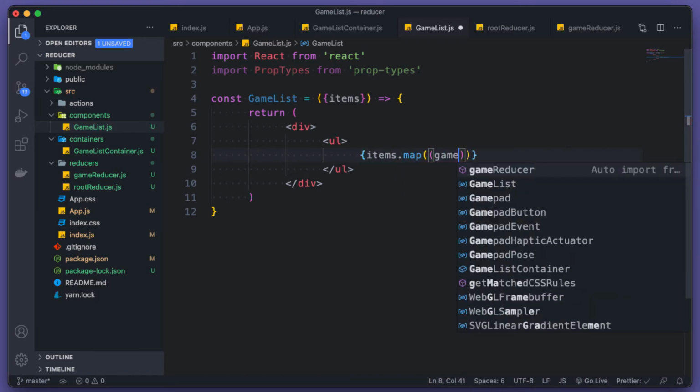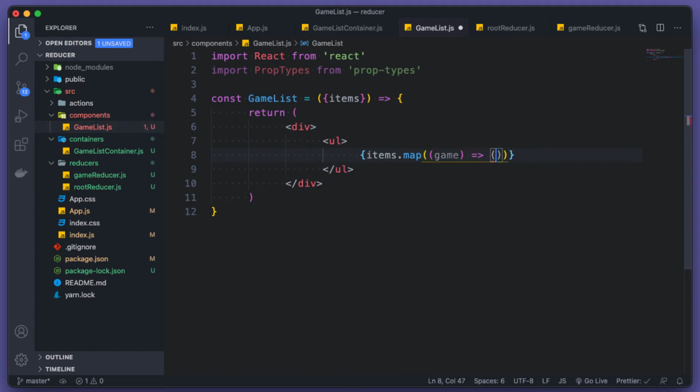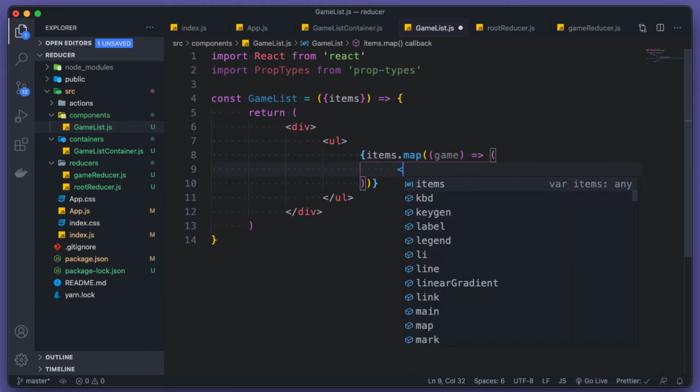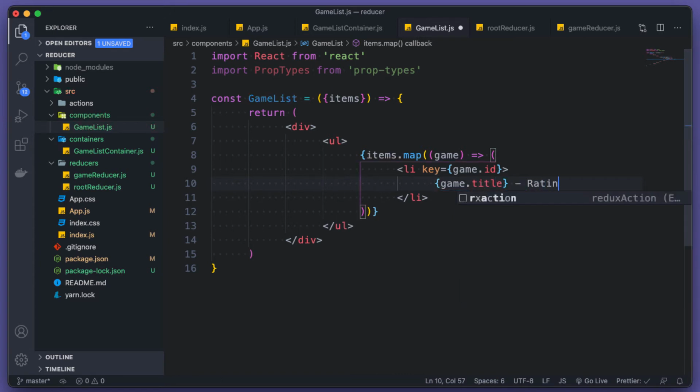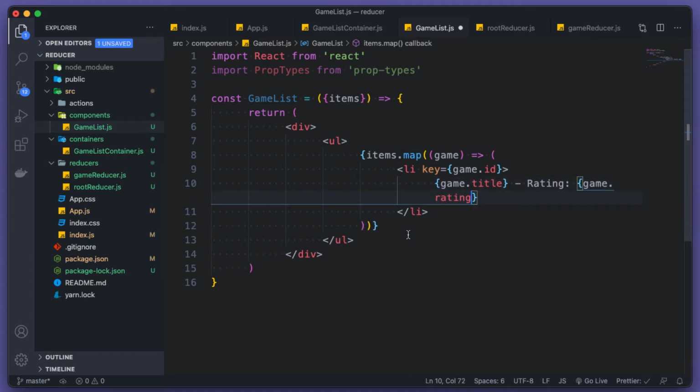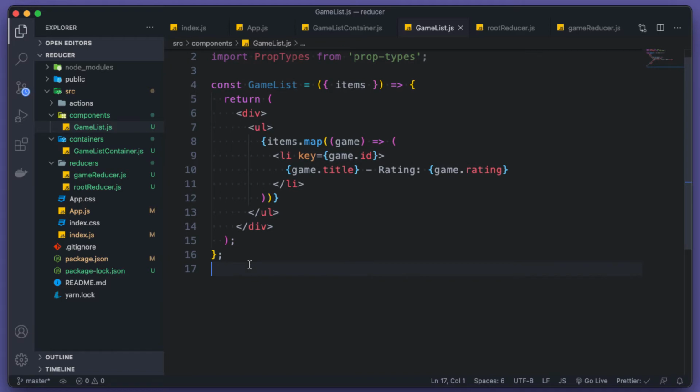So game arrow function, inside li with the key game.id and close it, and inside type game.title, and rating is game.rating. Save, and down here type GameList.propTypes,